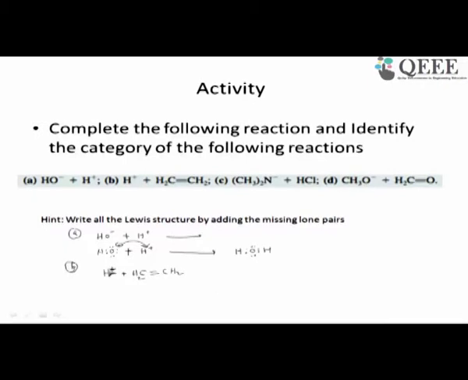So in this case you already have a positive charge, so readily these two electrons in the double bond want to donate to H plus, and this can give rise to CH2 and CH2 plus. Because these two electrons are coming on one side, one of the carbons should have the charge. So this is the way you write it for B. The C reaction is